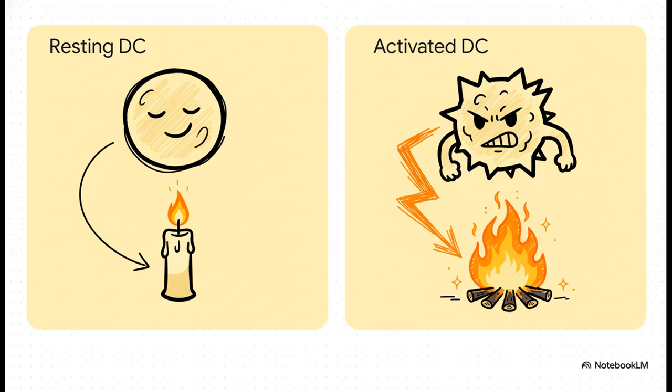It's calm. But when it gets activated by an allergen, it goes through this dramatic shift. It flips a switch and starts using a fast burn fuel called glycolysis. It's way less efficient, but it's fast, and it gives the cell all the building blocks it needs to ramp up for a full-blown immune attack.